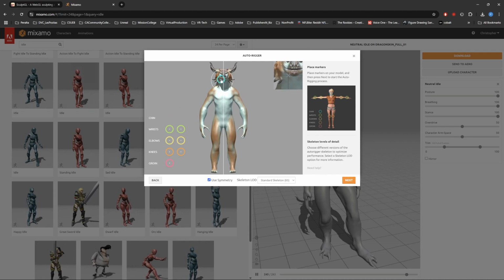All right, same thing. Chin, quickly get the chin on there. Wrists, get the wrist on there. Elbow, give him an elbow. Everything's symmetrical. Everything's gone pretty smooth. I didn't flatten his feet out quite. That's all right. All the little stuff. It's a rapid prototype. Nobody cares if your feet are not perfectly flat on the ground. Next,